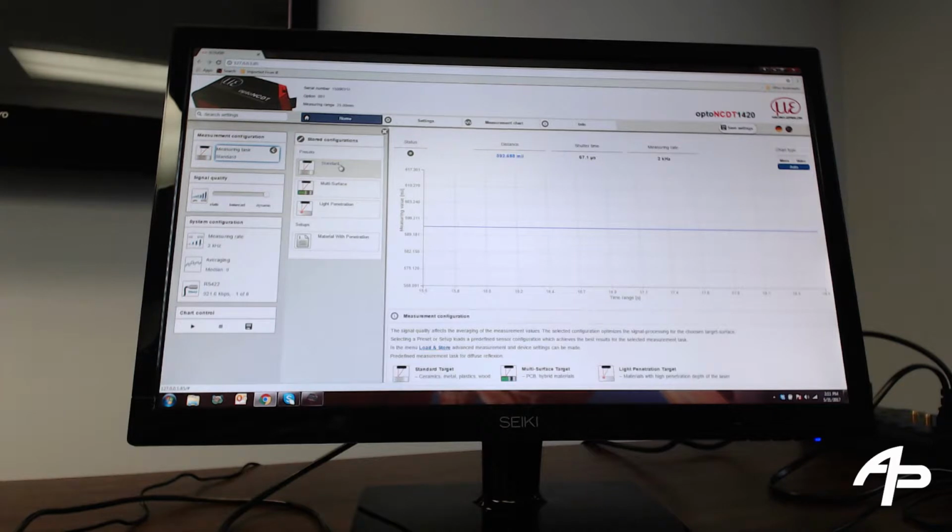We have standard surfaces, multi-surfaces, light penetration, and then one special setup that we have created using custom settings. On the side, you can change your signal quality to be dynamic,